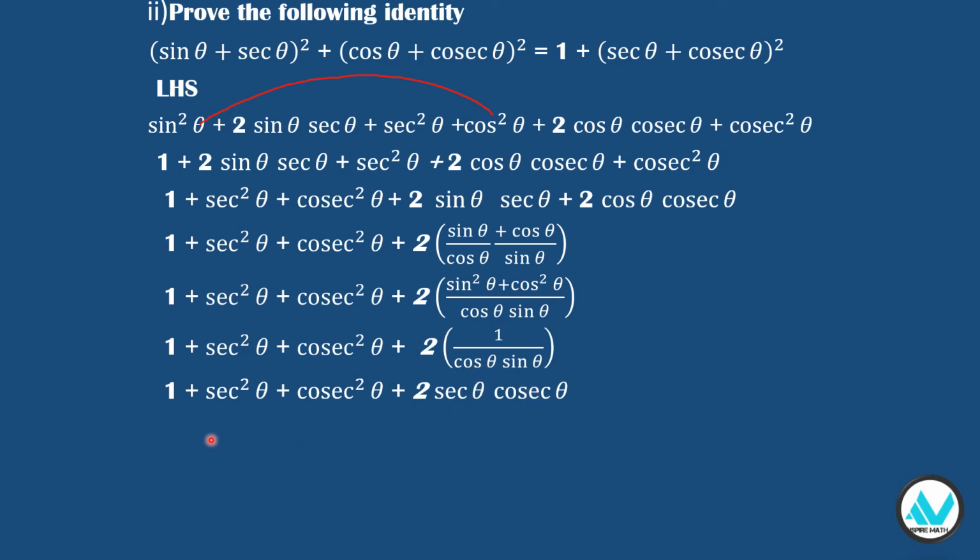Now come to the last step, that is 1 plus secant square theta plus cosecant square theta plus 2 secant theta cosecant theta. Now this is nothing but a plus b the whole square, a square plus b square plus 2ab. So I can write this as 1 plus secant theta plus cosecant theta the whole square,